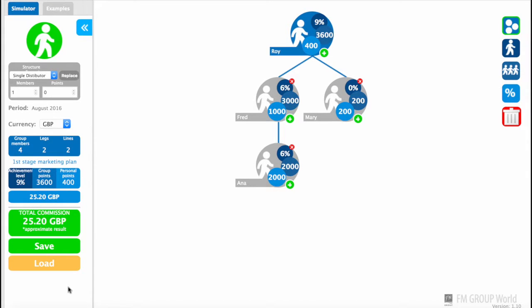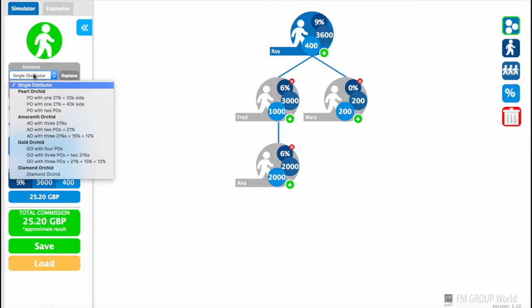This program has also got some ready-made examples of orchid structures that you can load up, and then you can adjust and play with, so it speeds up creating your tree. So if you click here,